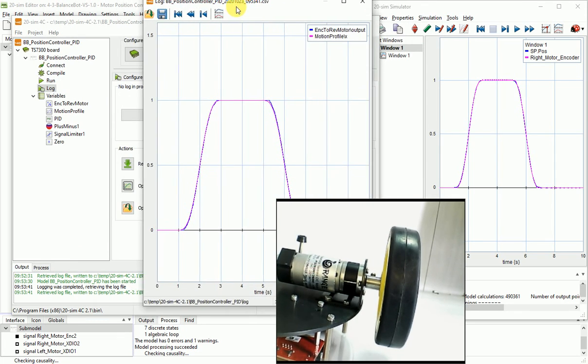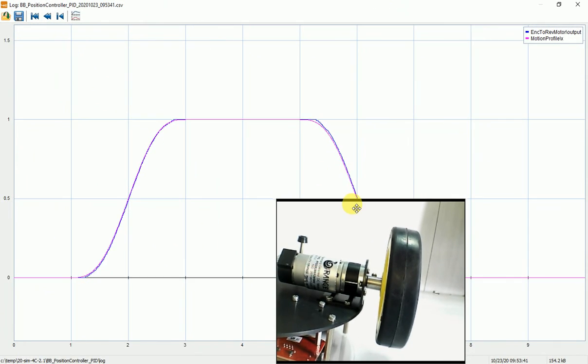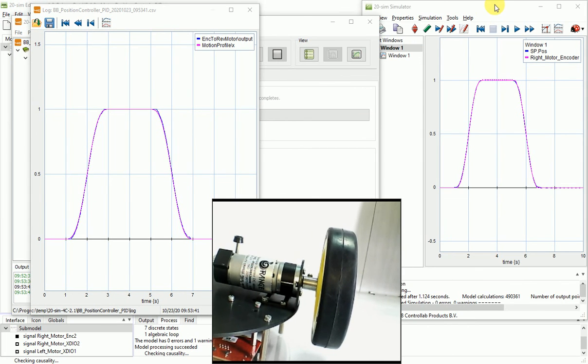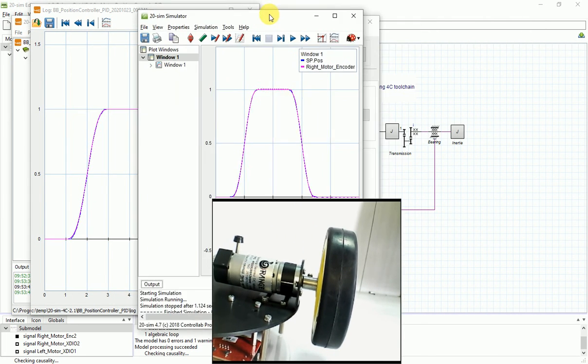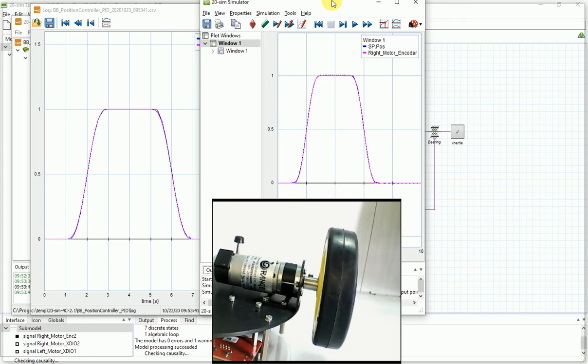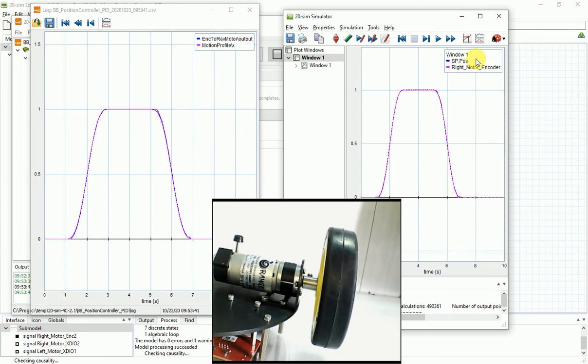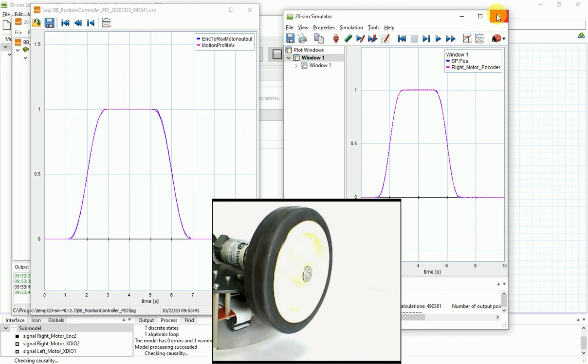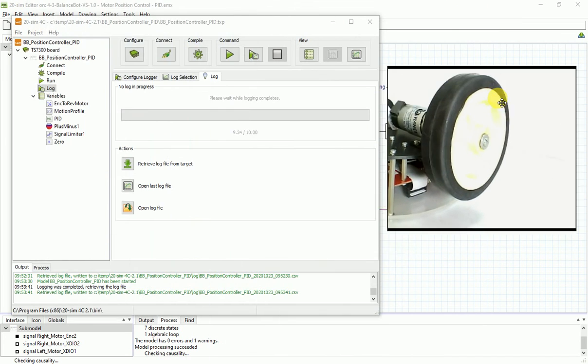Okay, so here you can compare both of the graphs. They come very close to each other. They are almost overlapping each other. So that means our simulation model is very closely and accurately following the hardware real-time data. So we can see this front side also and run the graph again.